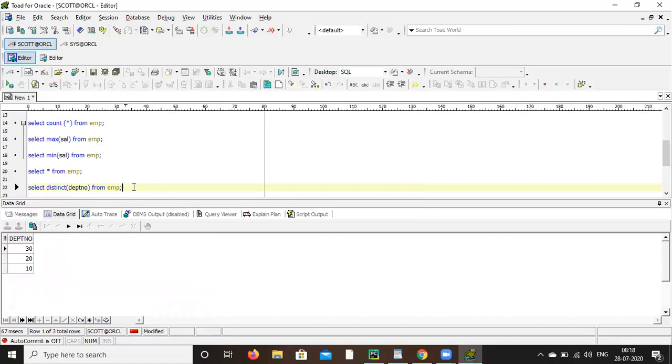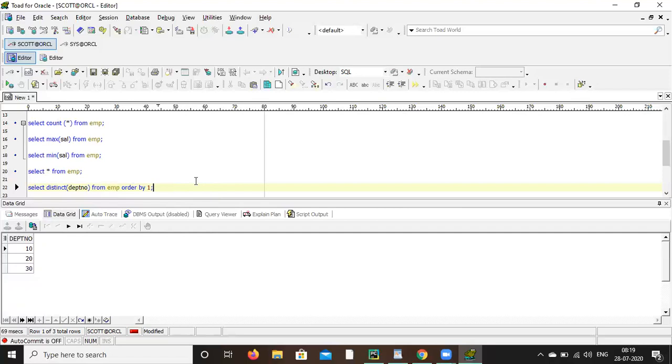Suppose you want to do order by, then do order by 1. So you can give the column name, department number also, or you can give the position of the column, first, second, third, whichever you want. That we discussed in our previous class.